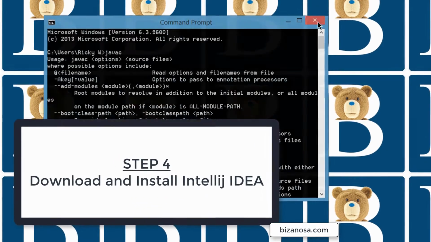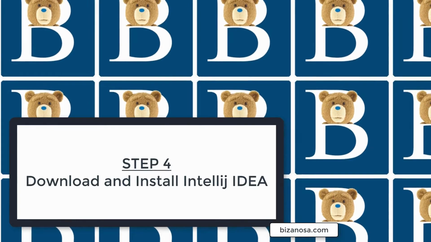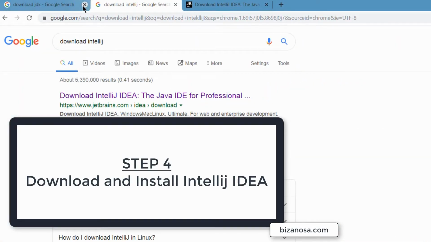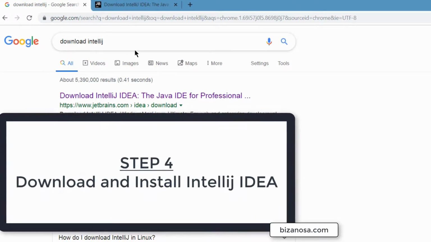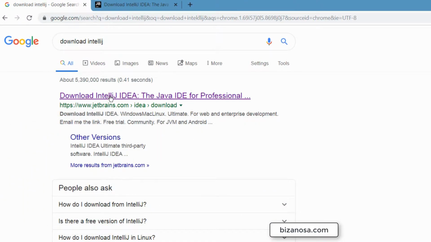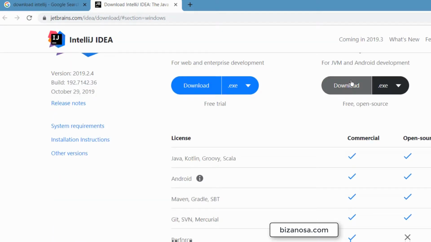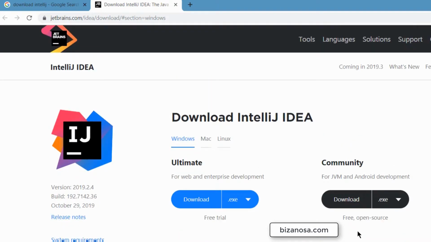So once you do that, the next process is installing IntelliJ. So IntelliJ, you can just go to Google and then search for download IntelliJ, and then you'll click this link to download IntelliJ from JetBrains, and then you'll come here and you'll download the community edition. So I'm sure you know how to install and download applications, so I'm not going to go through this process,